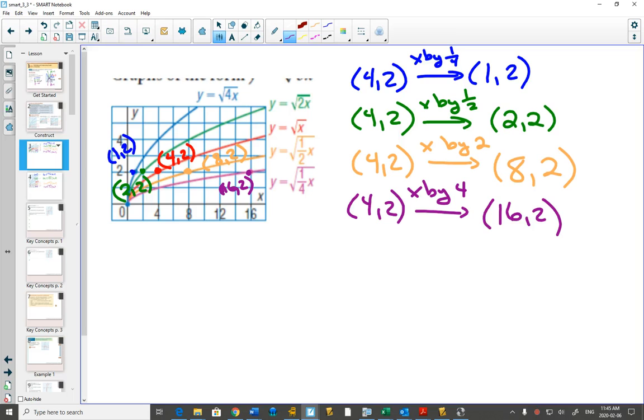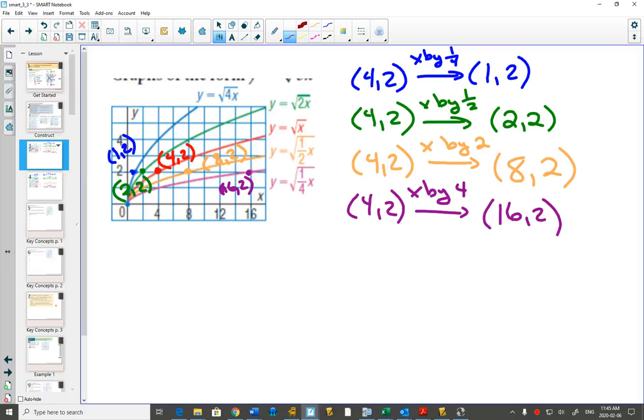Which gives you 16, 2. And what I'm doing on the right-hand side with the points, we're going to start doing more of that. As we add more things that you need to do, you're going to show your work by saying, this is a point that's on my original graph, and this is what I have to do to it. Like, I have to multiply my x values by 2,